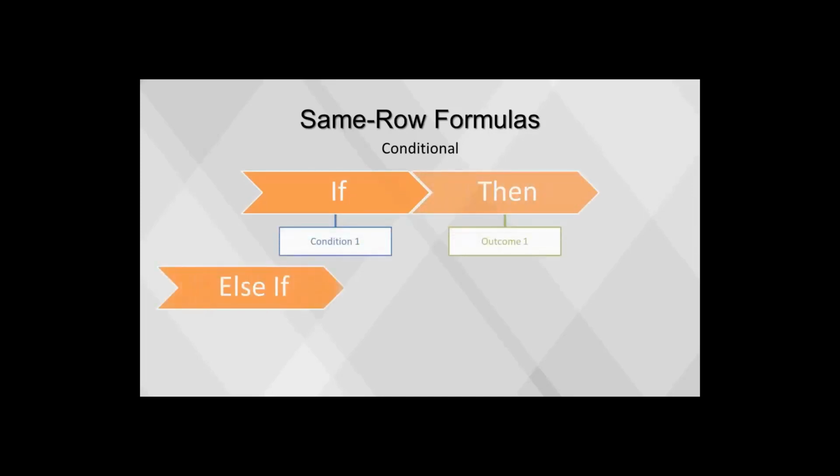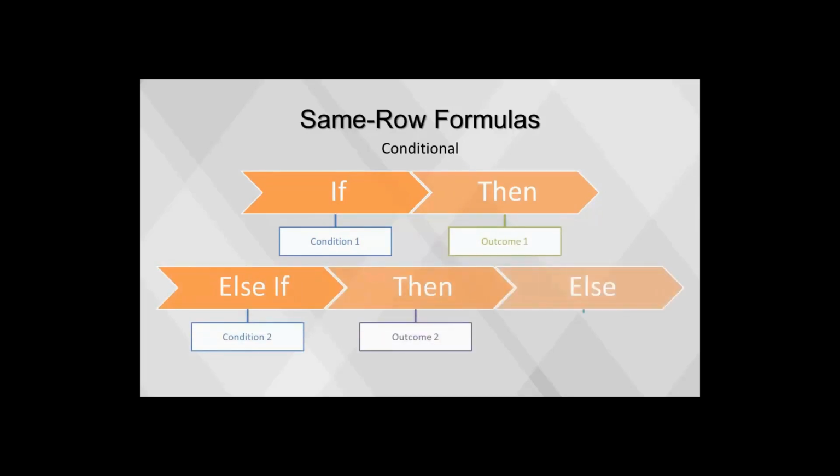Formulas can also be used with conditional statements such as if-then and when binning to create new variables. To create a variable with multiple possible outcomes, conditional statements are needed. These usually take the form of: if condition 1 is met, then outcome 1; else if condition 2 is met, then outcome 2; else outcome 3. While the conditions within these statements are the same as Boolean formulas, these formulas offer more flexibility,